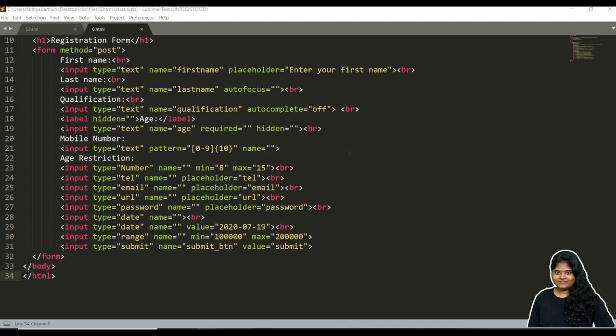So today we're going to see about CSS 3. We have already covered CSS 2 and a few concepts in CSS, and today we have concepts like rounded corners and border images.